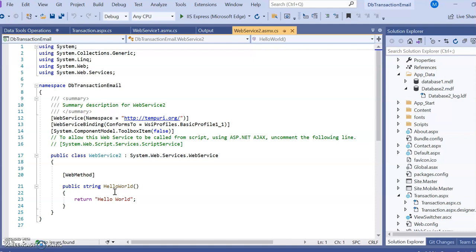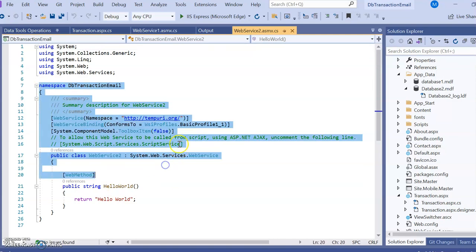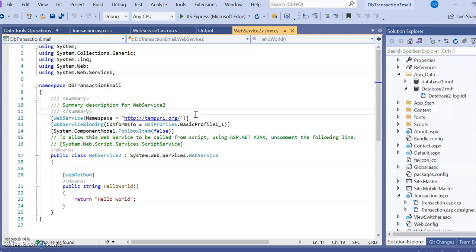We can consume that code in any other web page or web form. We will see later how to consume it. First of all, how to create it. A default code is created. Here you will see a website URL, tempuri.org. This is the default namespace URL. It is used by Visual Studio, and it will handle the working of those web methods.